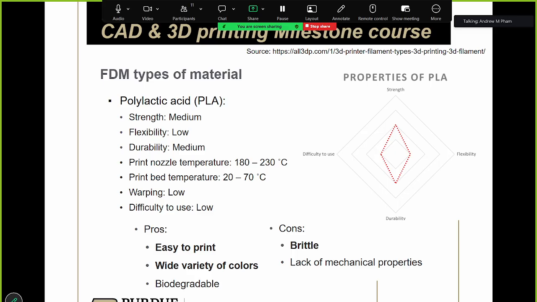for most scenarios. It's actually a very rigid material compared to some of the ones I'm going to be talking about later, which can be an advantage or disadvantage depending on what you're designing. But yeah, PLA is pretty great. You can see the printing temperatures aren't very high. The nozzle temperature is anywhere from 180 to 230 C, which is, relatively speaking, pretty low. The print bed temperature, which is like the,